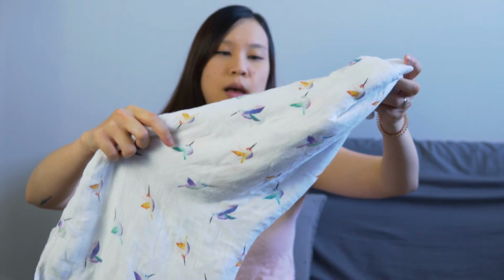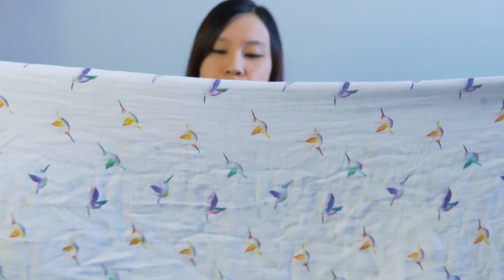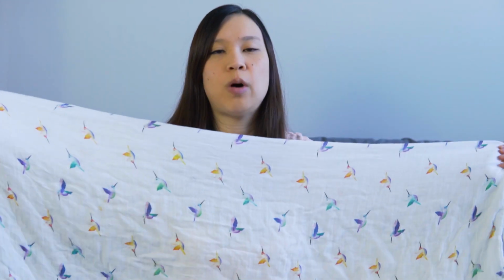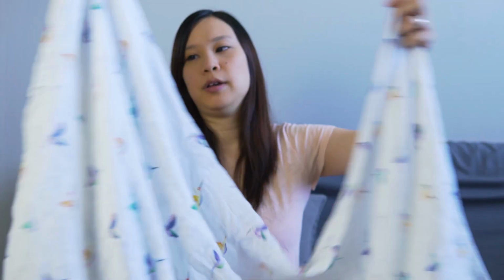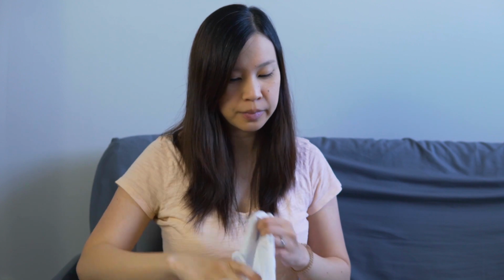And this is a swaddle blanket for baby. It's very multi-purpose. You can use it to, of course, swaddle your baby, or you can use it as a nursing cover in case you have visitors and you wanted to do skin to skin, or if you wanted to nurse your baby, you can easily cover up. This also keeps your baby nice and warm. If you need it for the car seat, you can drape it over the baby in the car seat as well. So very